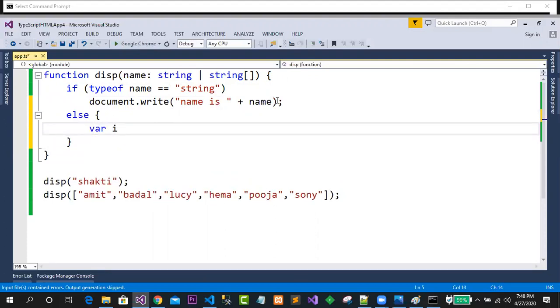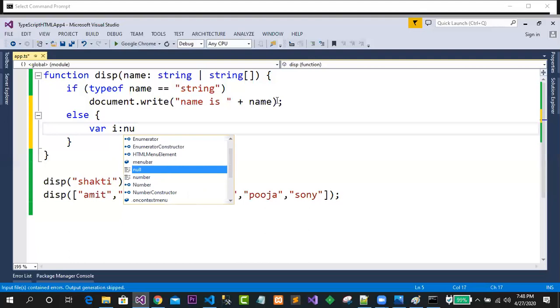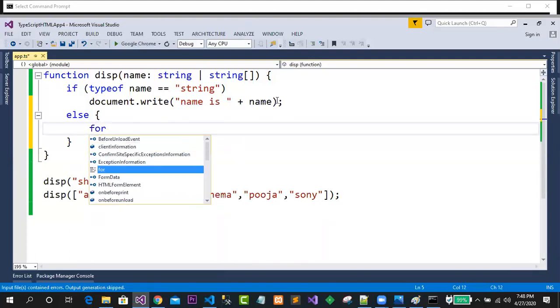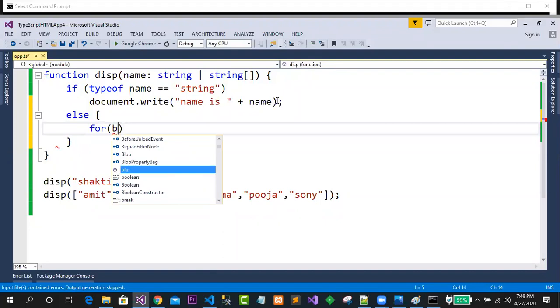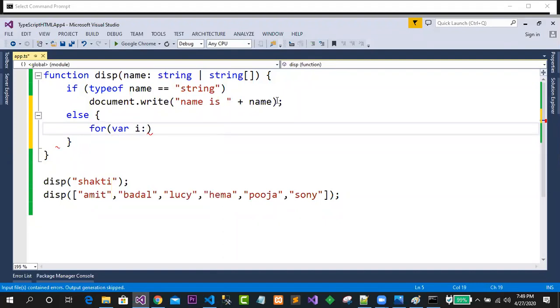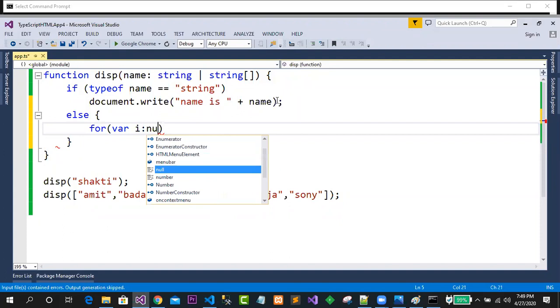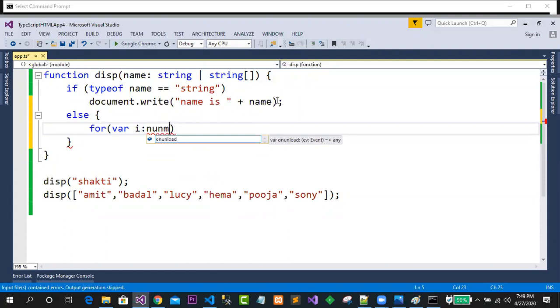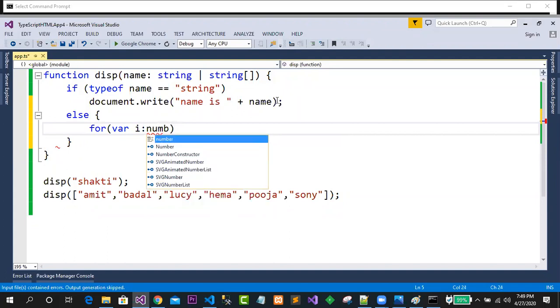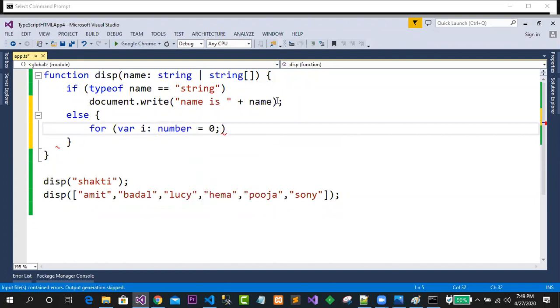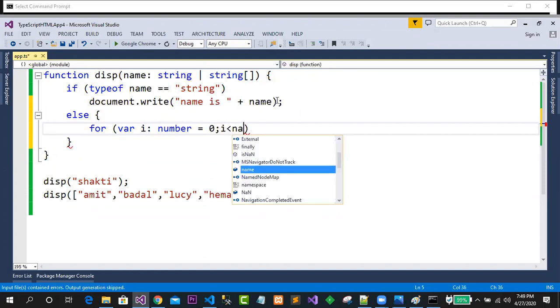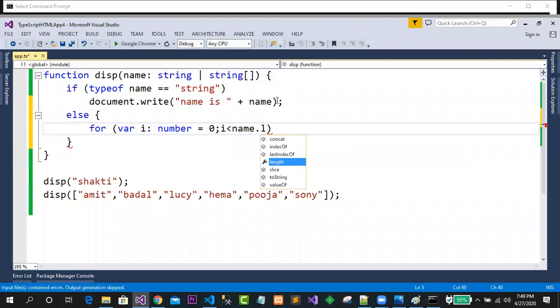Let's say I will go for var i as a number, initialized to 0, then i is less than name.length, can I go for that, and i plus plus. Simply I can go for these things.